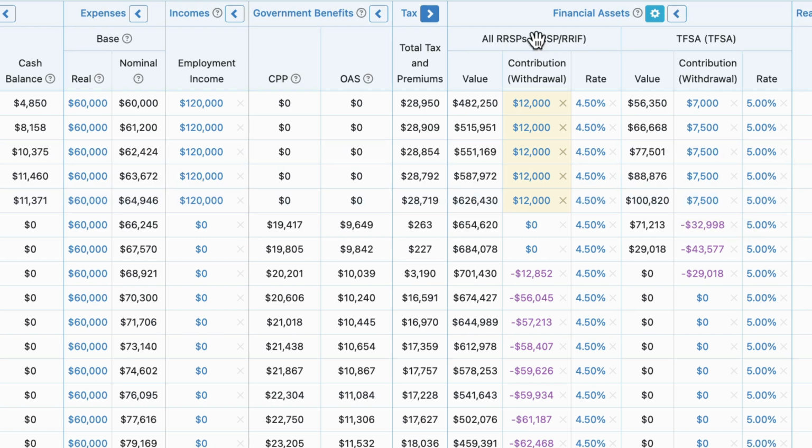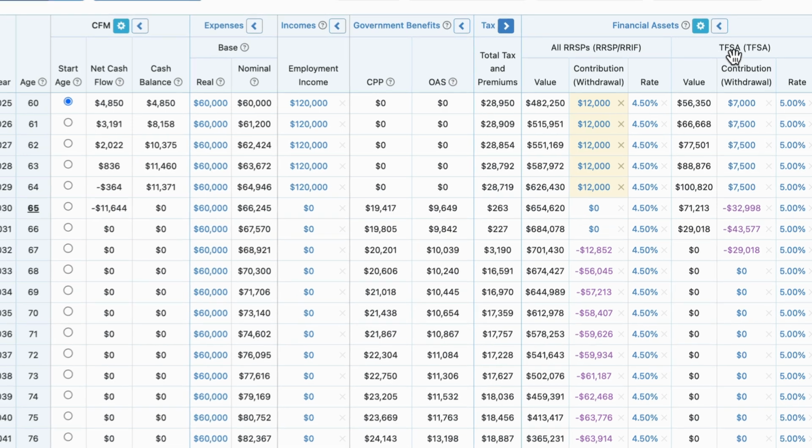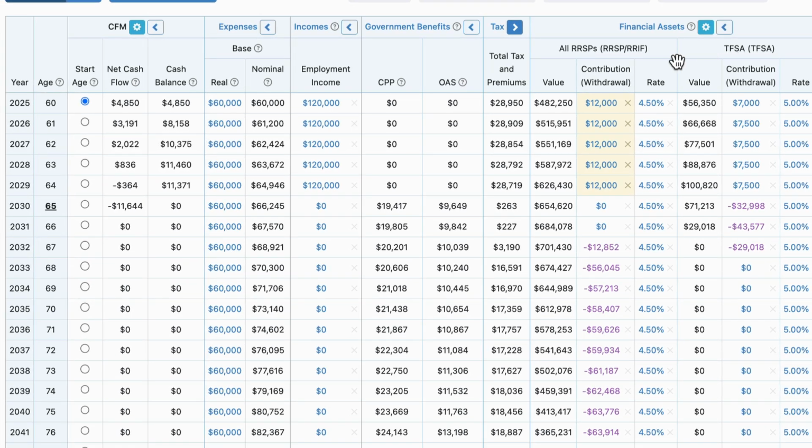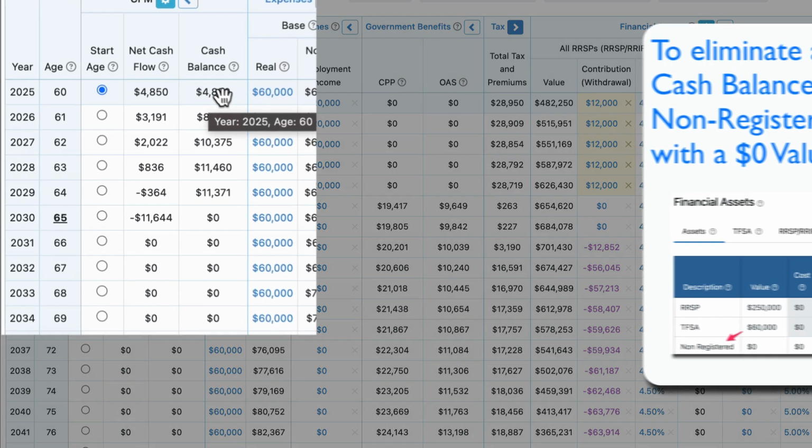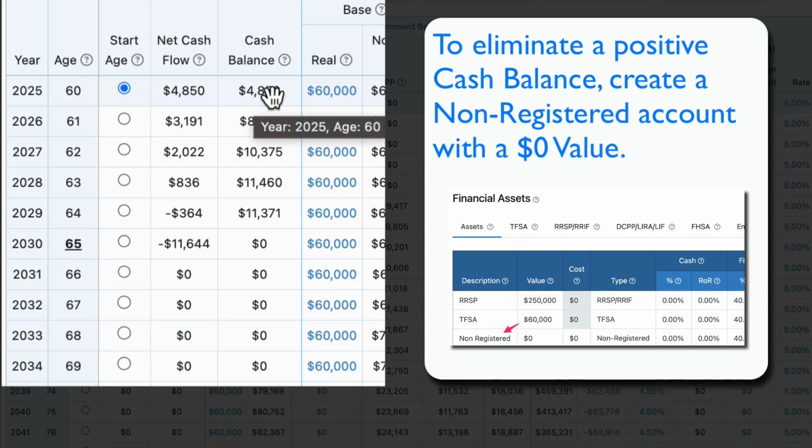In this case, Sarah does not have a non-registered account, so Snap begins utilizing the net cash flow and cash balance columns. The net cash flow column shows how much surplus Sarah has, and this surplus is saved in the cash balance column for future needs. In the next year, there is another $3,191 surplus that goes into this cash account. This balance grows over time